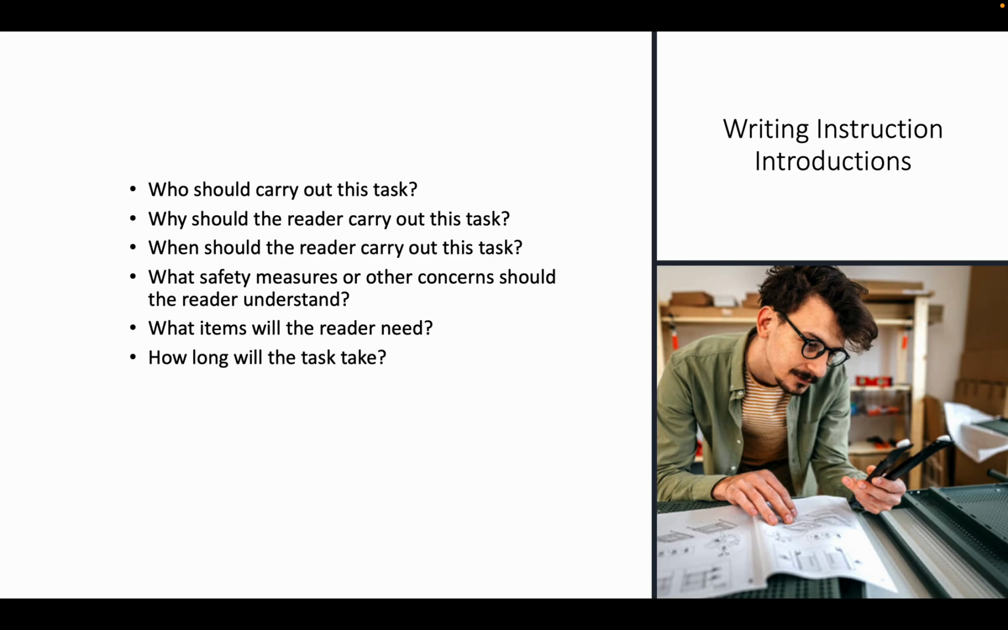What items will the reader need? You don't want your reader to be sitting in the floor building this bookcase, and then all of a sudden we need a Phillips head screwdriver when we've been using a flathead this entire time, and they have to get up and search for it, and all of the work that they've just done falls apart, because that's what seems to happen when you step away or you lose one tiny step in building a bookcase. And how long will the task take? Just kind of a reasonable